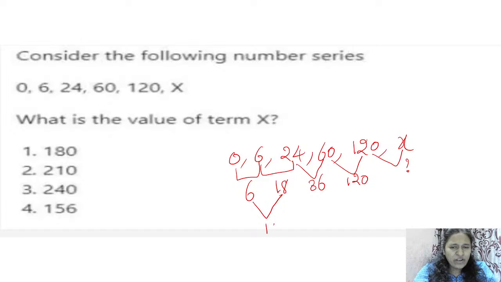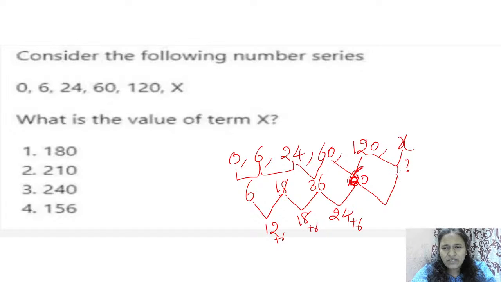Okay. Next, what is the difference between these two? 18 minus 6, 12. What is the difference between these two? 18. Again, what is the difference between these two? This is 60, right? Difference between 120 and 60, 60. And the difference between these two is 24. That means again we are adding 6 to each value. If we add 6 we get 18. If we add 6 here we get 24. If we add 6 here we will get